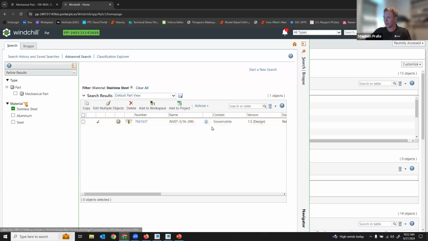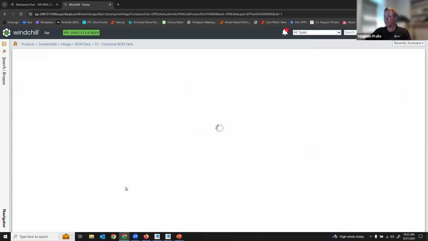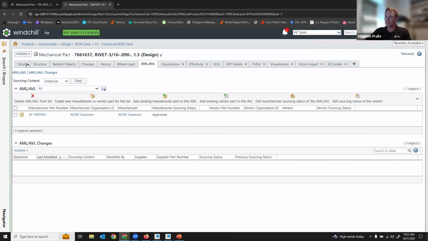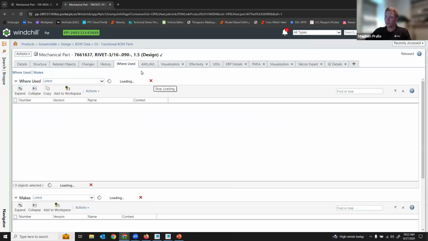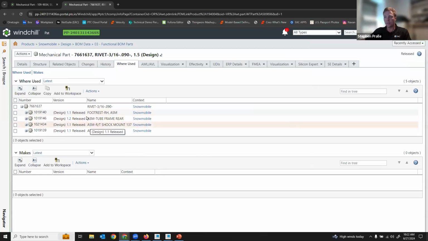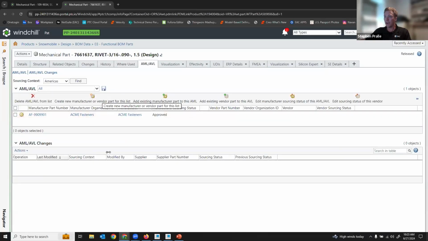option for that, right? So as we look at the information for this, again, we can look at the details, the structure, the related objects. We can also see where this is exactly used, and this is pretty important for these classification parts or these shared parts, and being able to directly see, where is this rivet being used in what different products, how many quantities, things like that. Right from here, we can also see how this is sourced and is this sourcing status